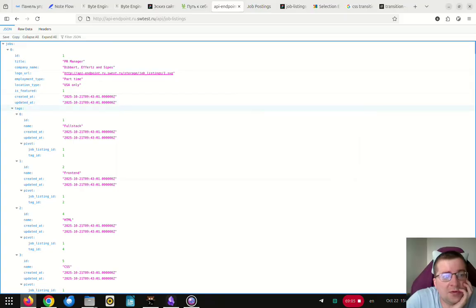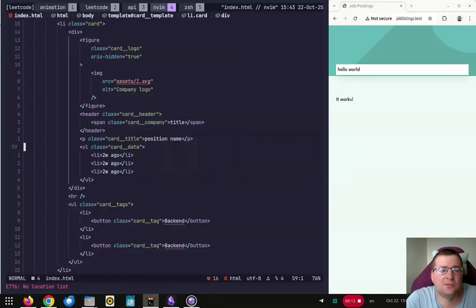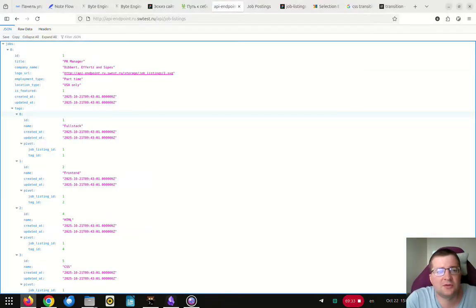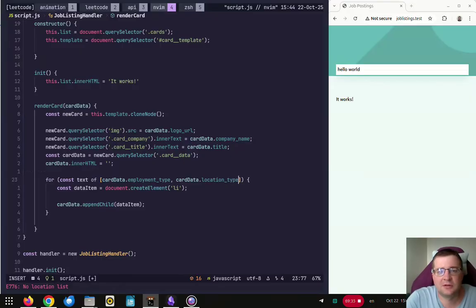First we need to put when it was updated, then we put location type, and then employment type. I think it goes here, employment type. So basically what I need is that I iterate over this card data employment type, and card data location type, I think, right, and then card data updated at